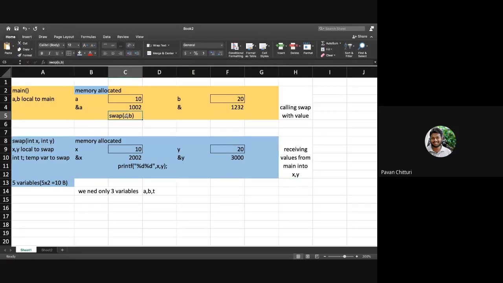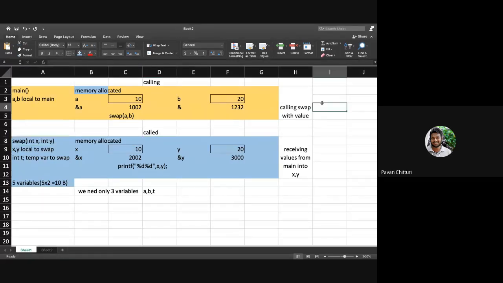When you are sending an integer, you should have integer variables to hold it in the called function. This is the calling function and this is the called function. When you are sending values from the calling to the called function, the called function should be able to accept these two values. So that's what we have done here: swap int X comma int Y.